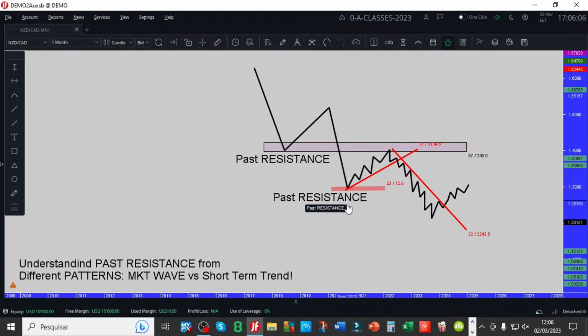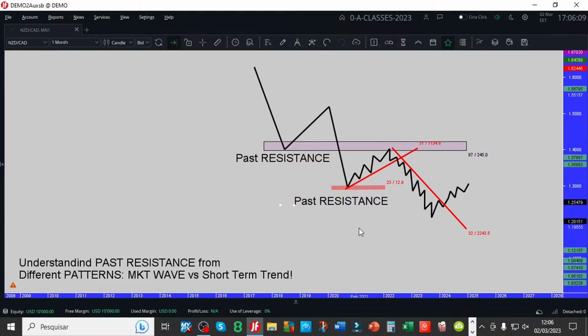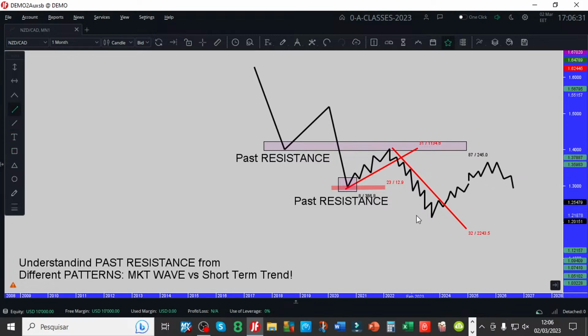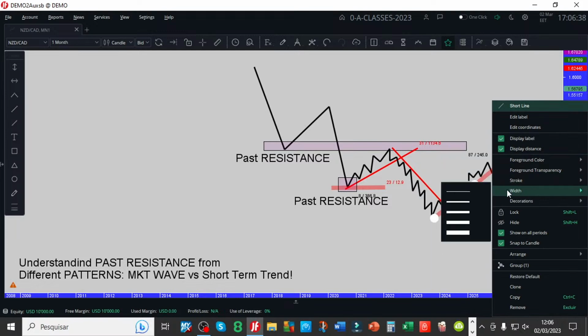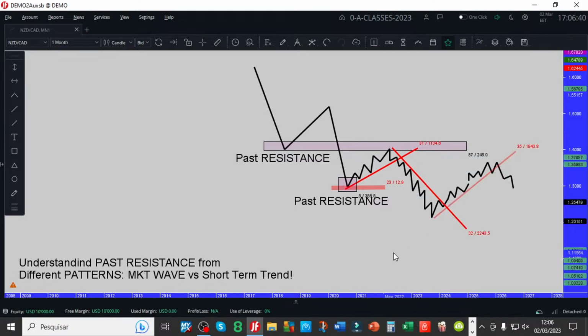And one more time, everybody, what is the no trade zone, right? Julius was asking me this morning about the no trade zone. The no trade zone is when the market hits past resistance, right? And it goes inside. This is the no trade zone. Okay, and then again, sooner or later it's going to change the short-term trend, counter trend line break, and then you go shorting the market again.